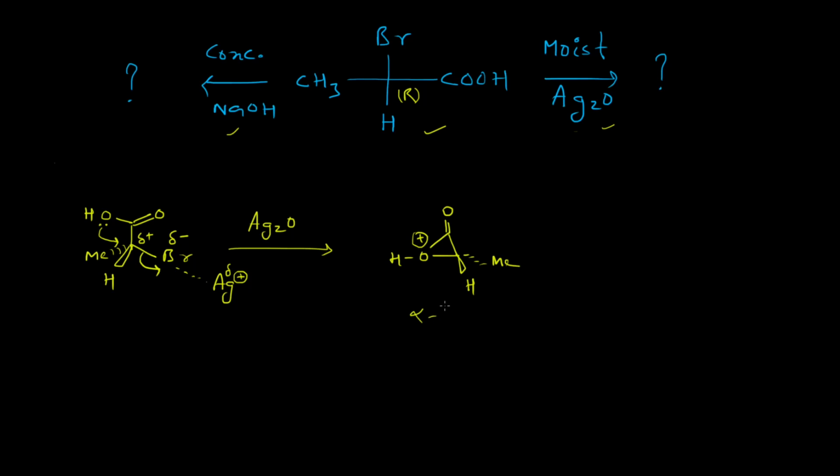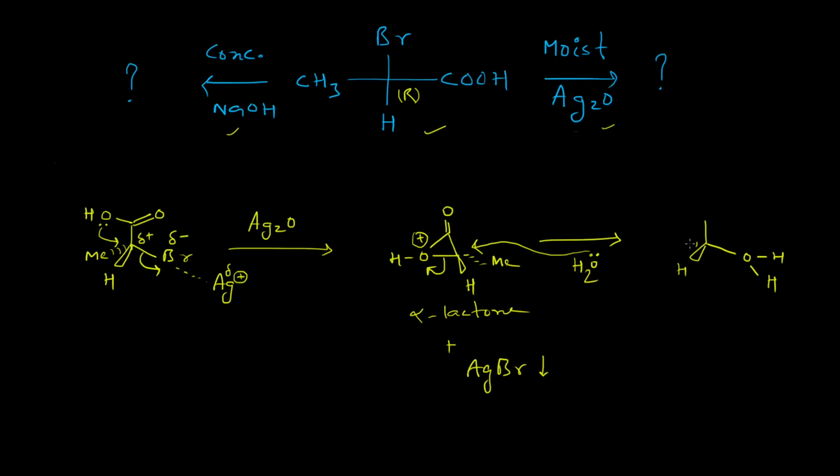This is the alpha lactone, and also silver bromide will be precipitated in the reaction mixture. Then in the next step the water molecule will attack this center and this carbon-oxygen bond will break, which will lead to the formation of this species,